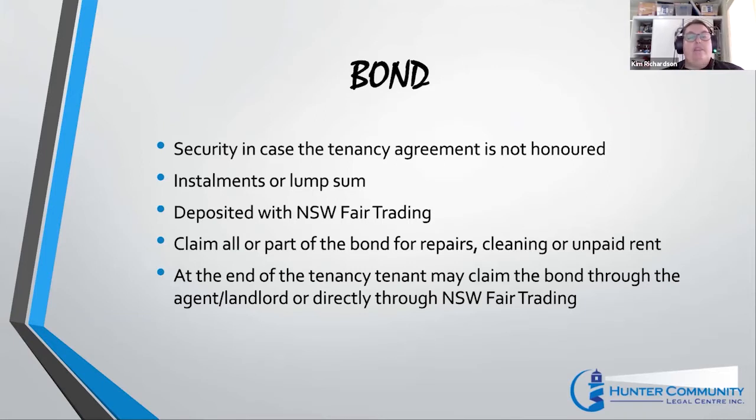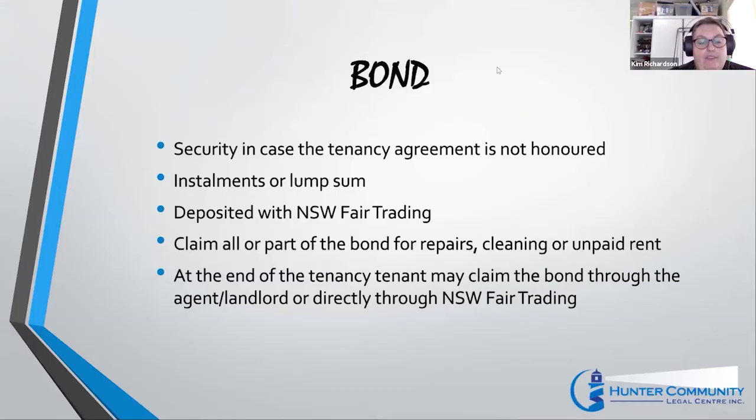If the landlord or the agent does dispute your claim, they have to then make an application to the New South Wales Civil and Administrative Tribunal, which is known as NCAT for short, within 14 days of receiving the notice, and tell Fair Trading in writing that they have done so. NCAT would then decide how the bond would be paid out, and you would have the opportunity to respond to the application by the landlord or the agent.